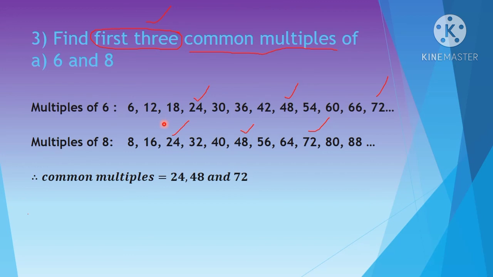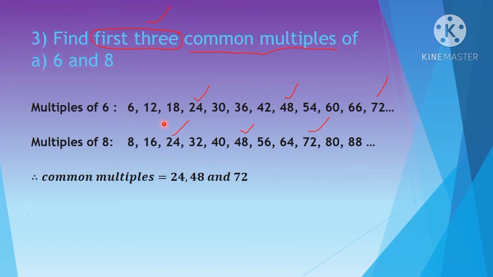Okay, children. So sometimes they'll ask, write any five common multiples. Then you can write any five. But here, can you find five from the given numbers? Now we have written here till 72 and 88. Whether you are having five common multiples? No. Here we are getting only three common multiples. So till you get the five common multiples, you want to continue writing the tables.